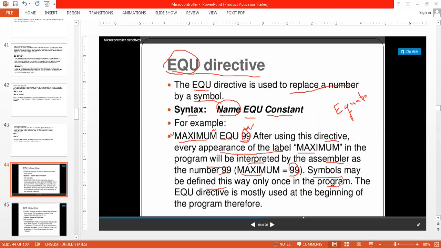The equate directive is basically written at the beginning of the program, just to assign a constant number to a particular label or name.